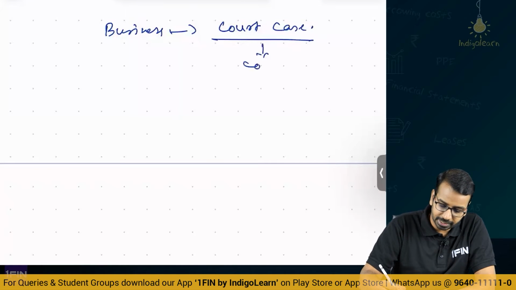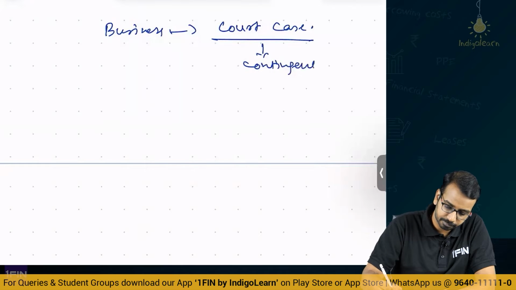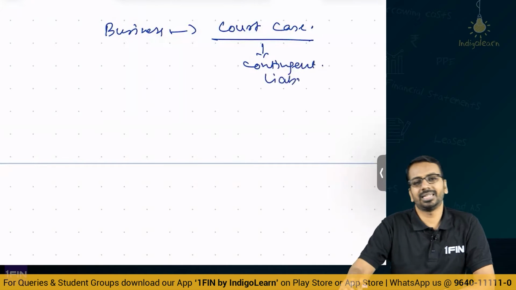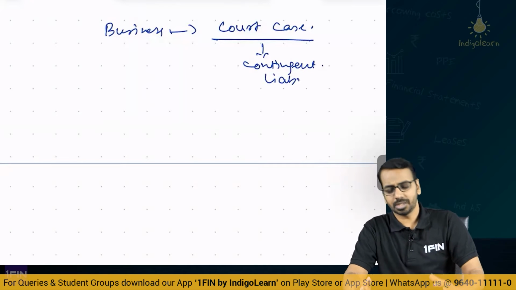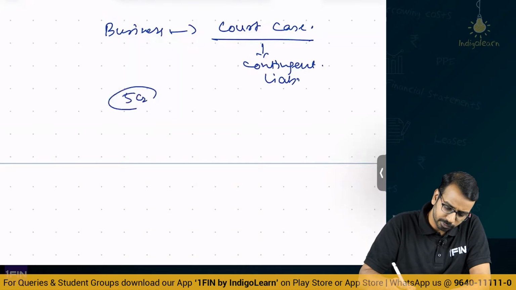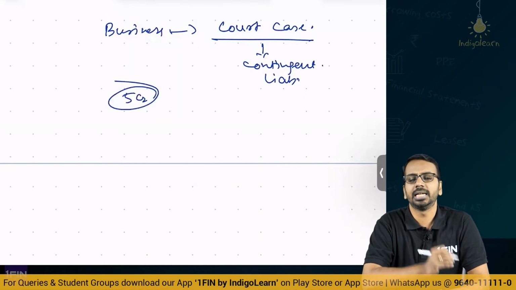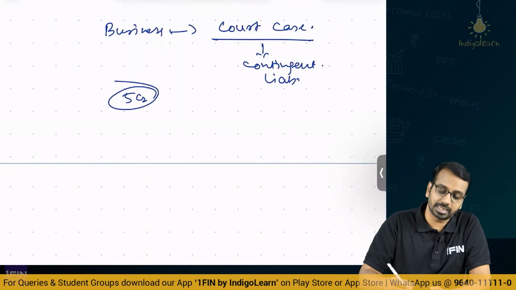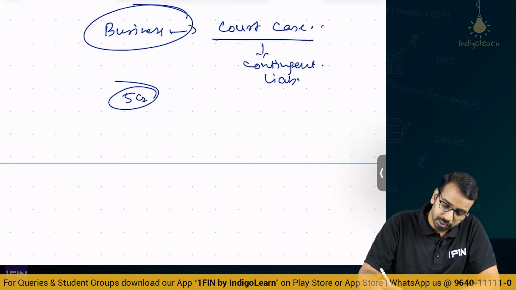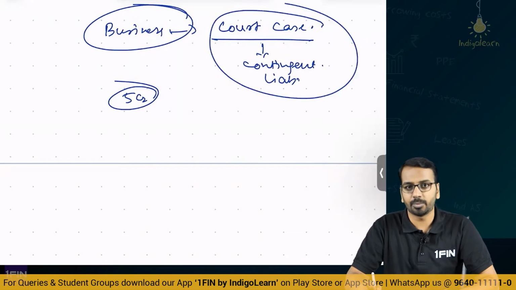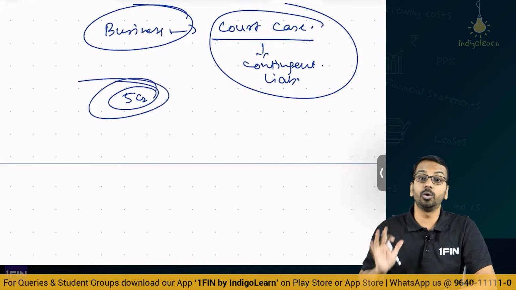So this court case is a contingent liability, and we say that here there is a contingent liability going on, we do not want to acquire the business. The seller says you acquire the business, and if your liability subsequently is up to 5 crores, I will pay you 5 crores. What are they saying? You take over this business, and for this court case, if in future you have to pay some amount up to 5 crores, we will bear. Who will bear? Seller will bear.